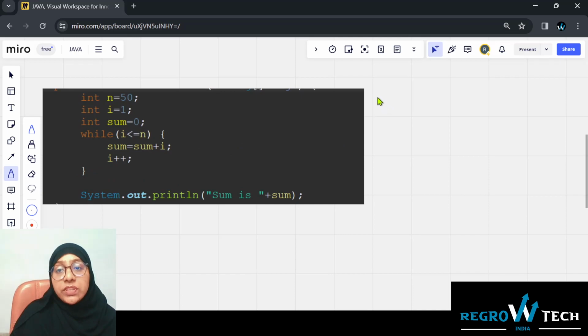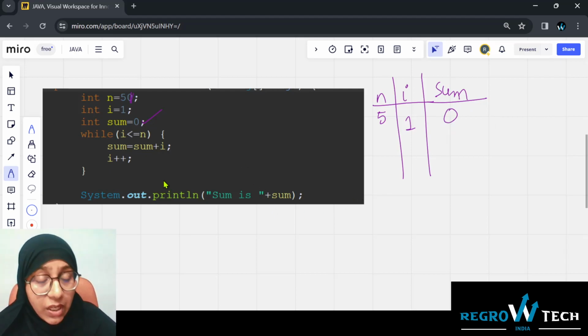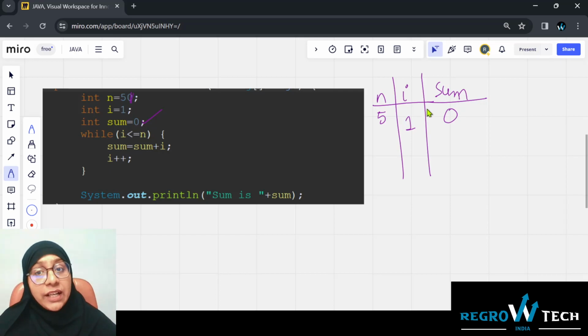Yeah. So first of all, n is equals to 50. I'm going to take it as 5 only. 50 will be too big. So n is 5, i is 1 and sum is in the beginning 0. While i is less than n. Okay. So right now i is 1. It is less than 5. Yes, it is. Then in that case, it will go inside the loop, which is here, and it will check